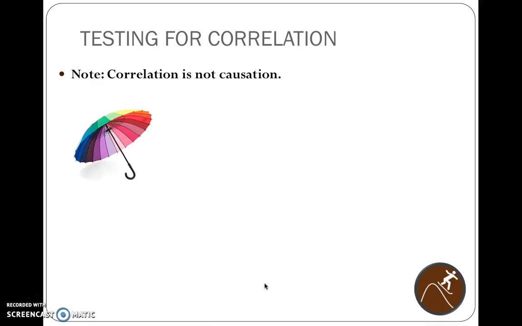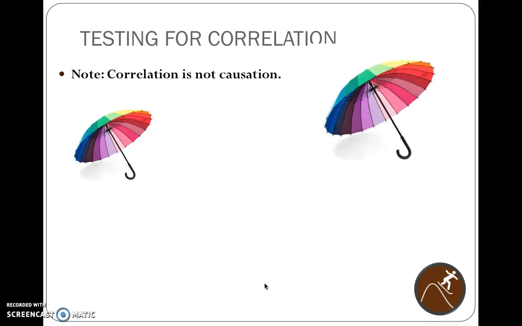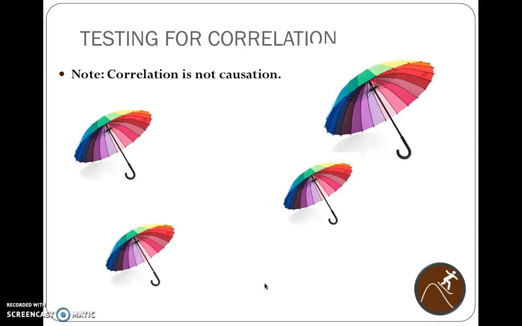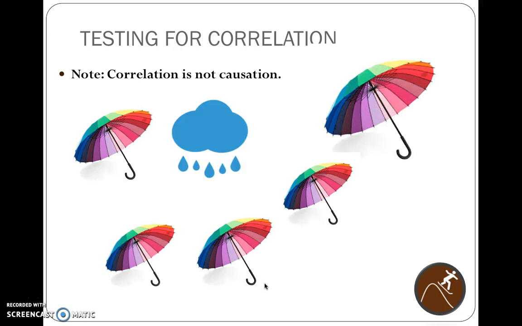It's important to remember, though, that correlation is not causation. Just because something is correlated does not mean it causes it. For example, if somebody buys an umbrella, it doesn't mean that it's going to cause it to rain. And if you were to look at the amount of umbrellas sold in the United States, you'll find that as umbrella sales go up, the likelihood that it rained that day goes up. It does not mean that the umbrellas caused it to rain, and nor does